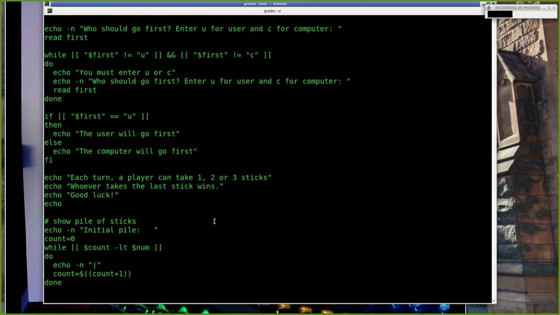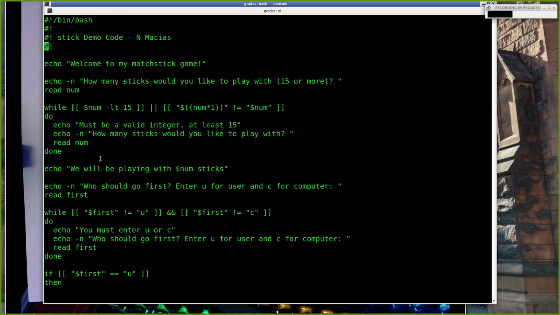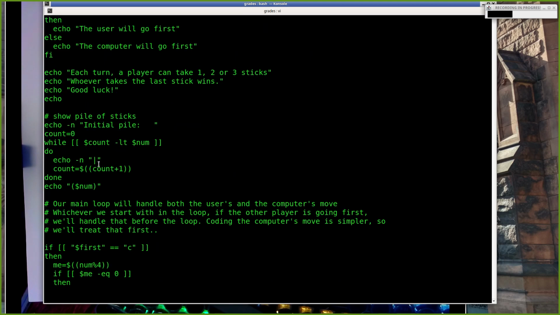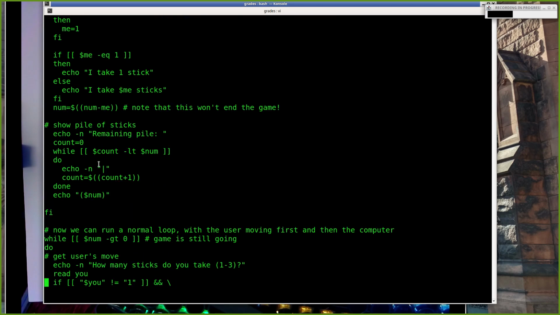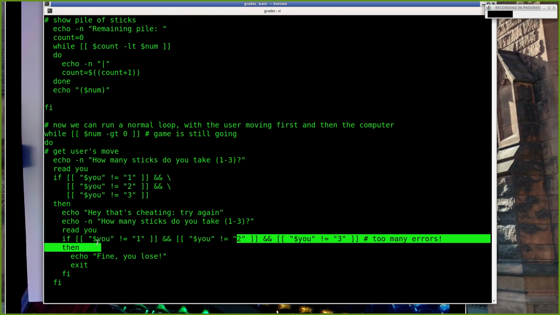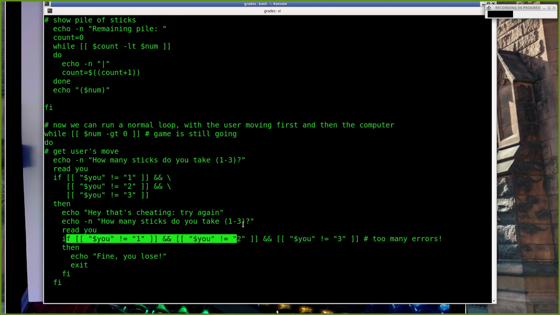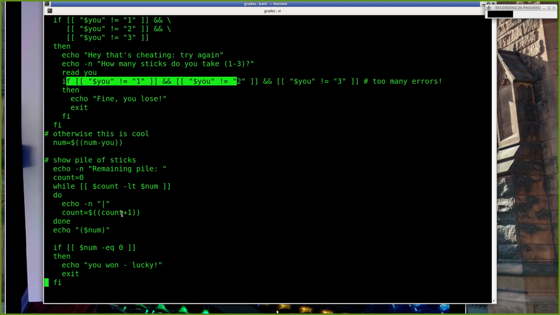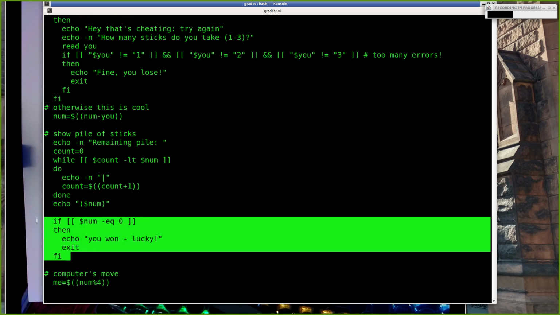And when I say this is very inelegant code, I mean, I'm doing this loop that prints the number of sticks in 3 different places in my program, maybe 4 different places, right? I'm checking to see if this is a legal move here, and I'm checking the same if statement here. I could put that in a function, right? That I just pass this number, and it tells me whether or not that's a legal number. I could do this check to see if somebody won the game in a function,